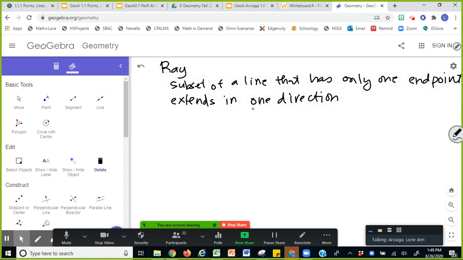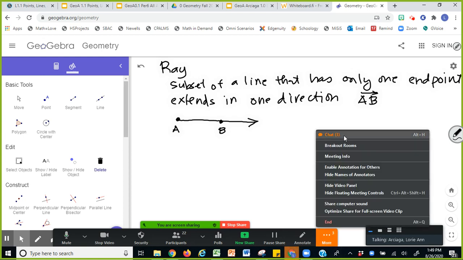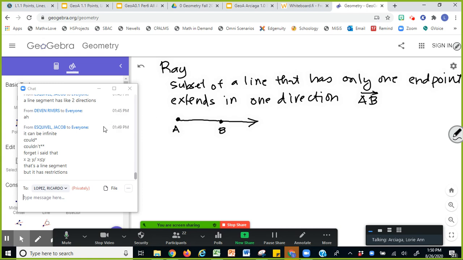So how do you name it? Let's say I have a ray over here. Let's say this is point A and this is point B. So to name this ray, you cannot commute the two letters. You have to start from the beginning, which is A, and go to the other letter to the right, which is B, and you have to put a bar on top with a single-headed arrow. The things you place on top of the two letters matter. They are important because it could be a line, a segment, or a ray.